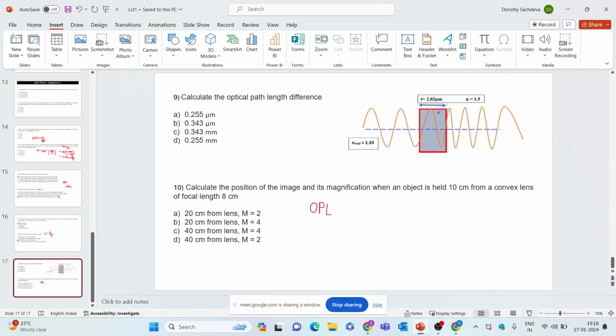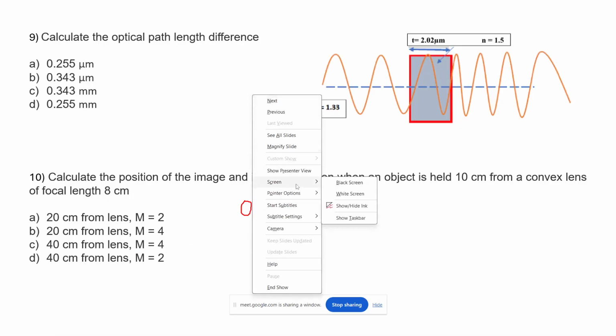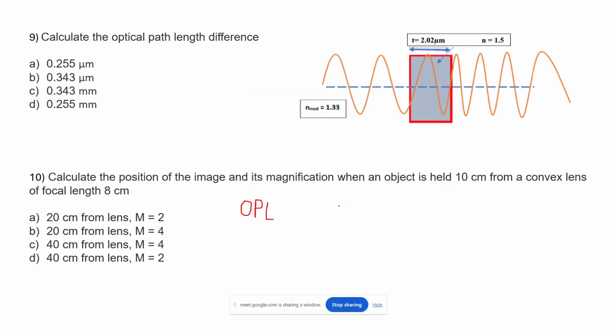Yeah. So we have discussed all the basic topics covered by the professor, as well as the practice assignment. Now we are just concluding our final quiz assignment. So the final question is to calculate the position of image and the magnification when the object is held at 10 centimeter. So the distance of object, that is u, is given